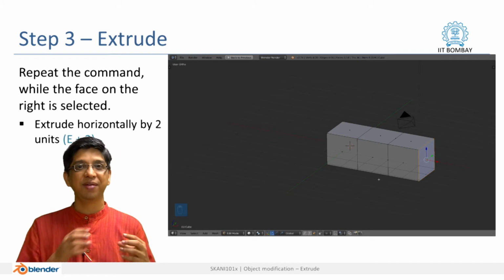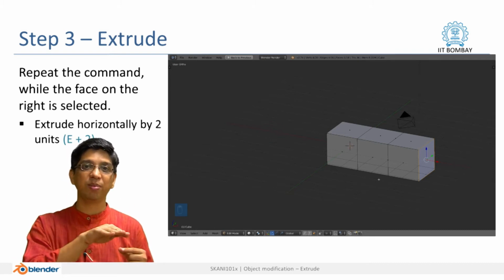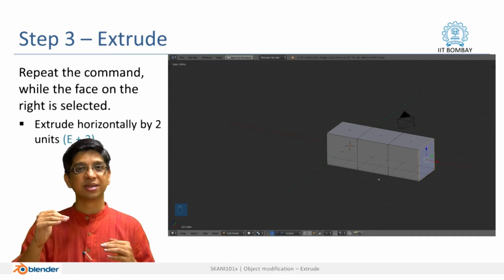Because of extruding, we have got 3 new faces on the top which will be able to create the different heights. Imagine if we had just scaled this cube, we would not have the additional geometry. What would have been the other option at that time? Well, you know it already. We could have done the loop cuts. For a continuous log of a rectangle, we could have just added 2 loop cuts, but that is kind of stretching the story very far. So, this is a more simpler manner. Just with 4 keyboard clicks, we can come to this position, E2, E2, that is all. We have the top where we have 3 faces to be extruded in the vertical direction now.